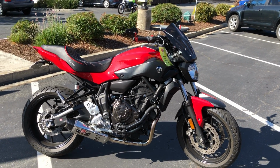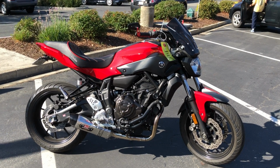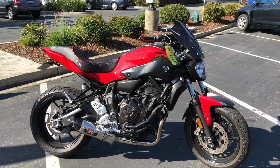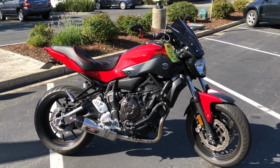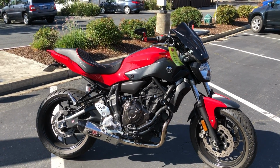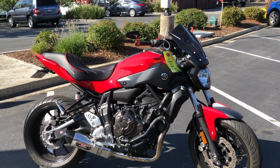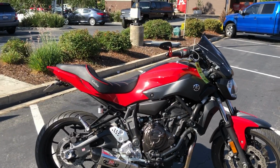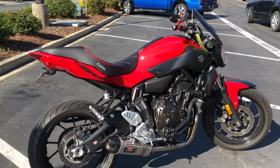Here we are at Contra Costa Powersports at our new location, 1150 Concord Ave. And today we have our 2017 Yamaha FZ-07 twin cylinder 700cc fuel injected liquid cooled naked sport bike. This thing only has 1,448 miles, beautiful condition, beautiful red finish, and a lot of upgrades, including frame sliders,